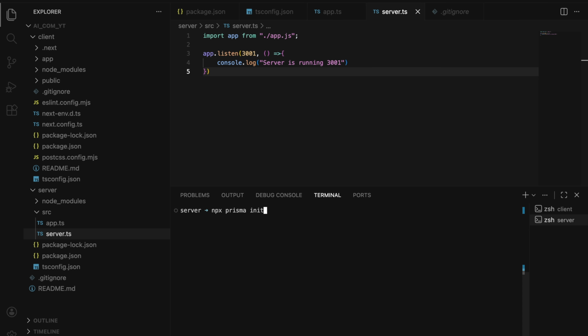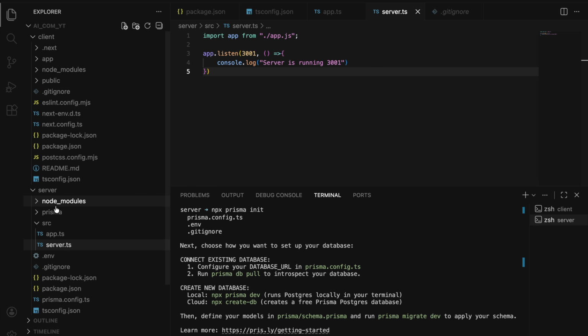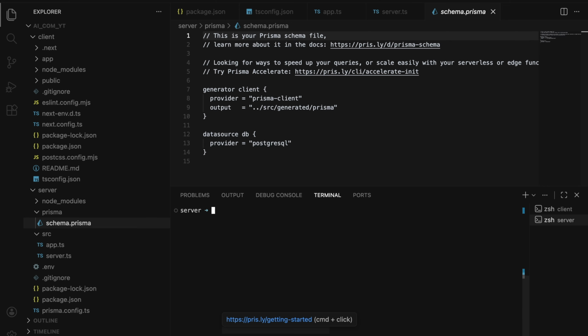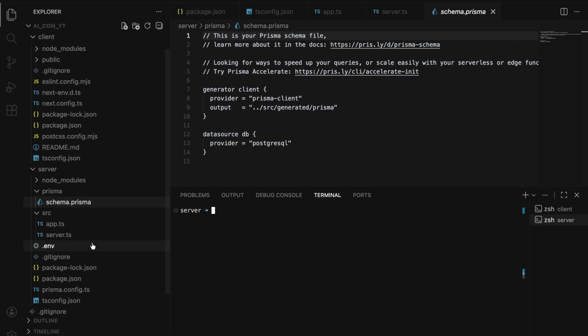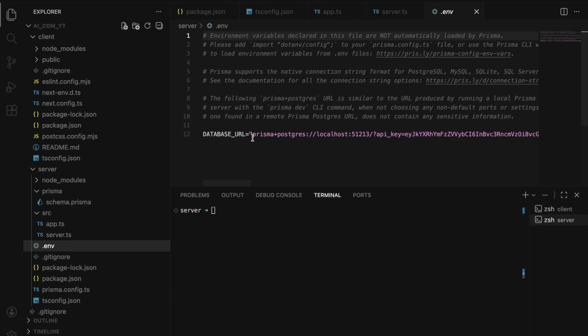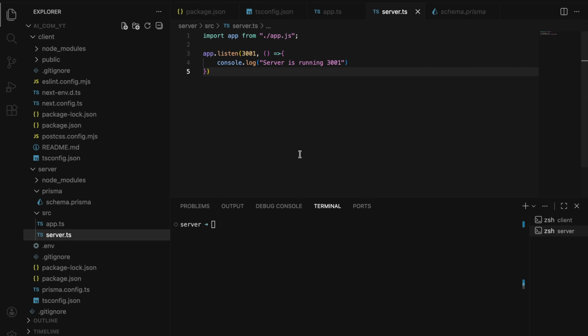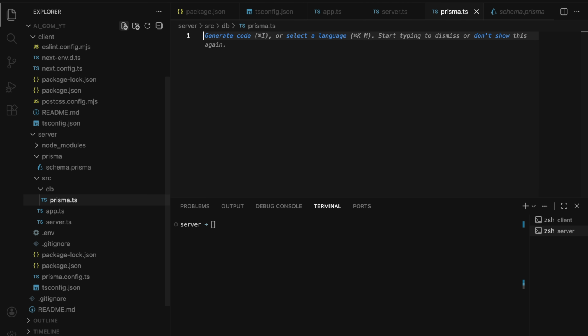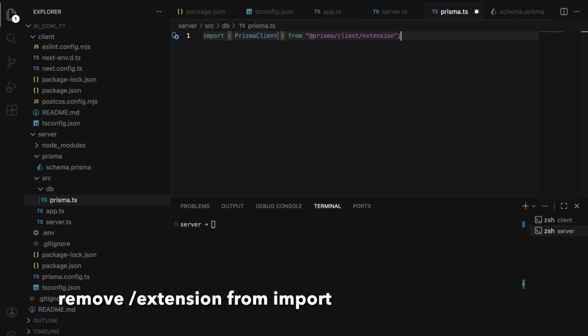So this will create a folder named prisma inside our source directory, basically inside the server, and then in prisma we have schema.prisma. Okay, and then we can add our Postgres URL from NeonDB. After adding our connection string to the environment variable, we are going to create our database here. So inside source, we can write db and then make a file named prisma.ts. Okay, and so here we can import our Prisma client,